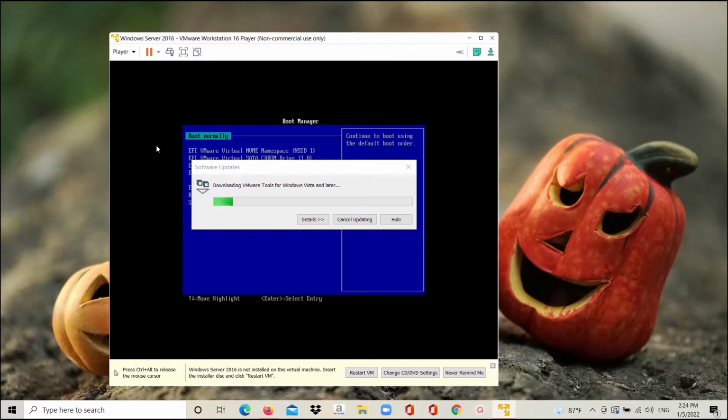So there was a timeout. Now it was moved to the boot manager because I have not installed any operating system yet on this virtual machine. So okay, you can see that boot manager. Automatically it selected boot normally. If I press enter,